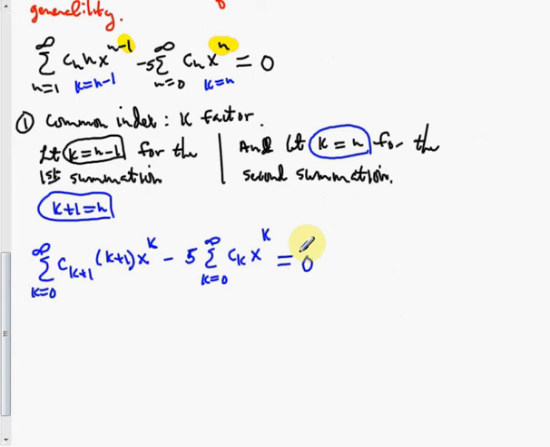So if those two are the same, k goes from 0 to infinity for the first summation. K goes from 0 to infinity for the second summation. That's the first thing. Right? Second thing, x to the k for the first summation, x to the k for the second summation. I can do some factoring. So here, we're going to factor